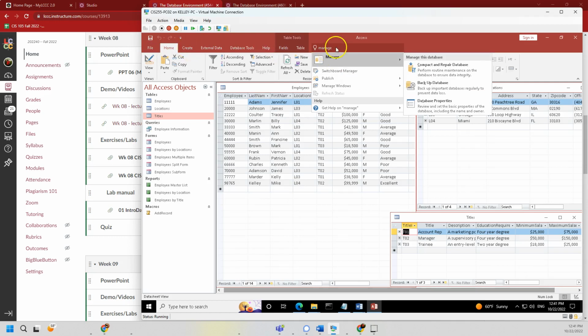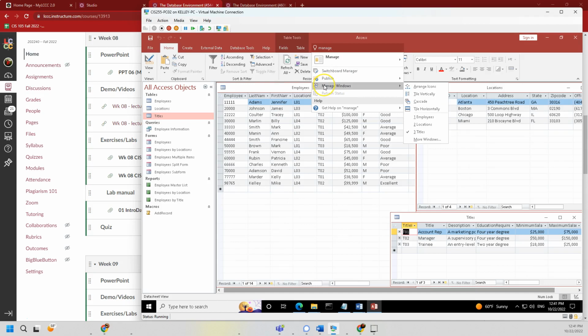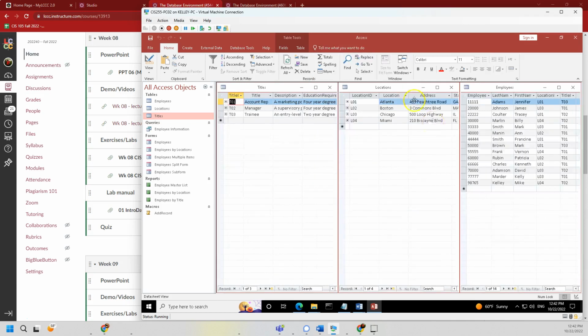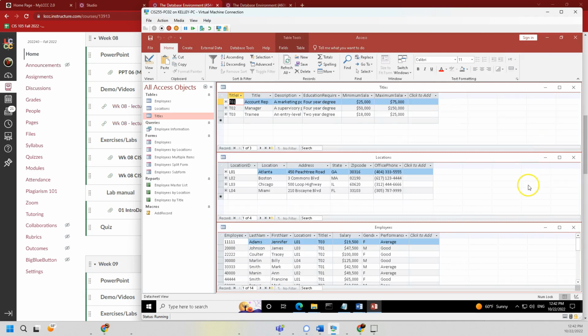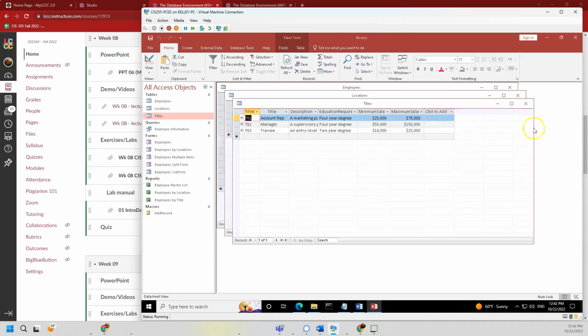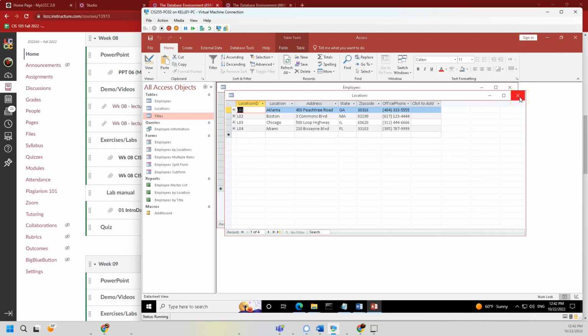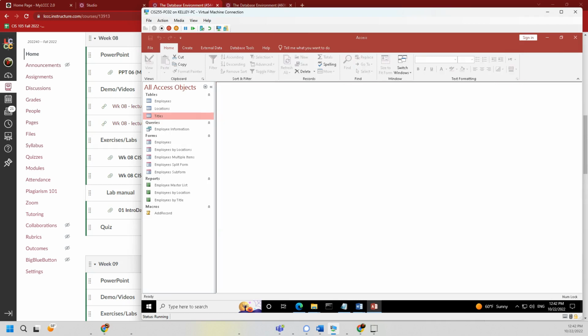Okay, I do remember enough to say, if I go to the help field here, the "Tell me what you want to do" field, and I type the word manage, this will show up. And I can do things like tile vertically. I can tile horizontally, I can cascade. Again, you figure out what the best view for you is. All right, so let's close and close, and we'll close that as well. All right, so